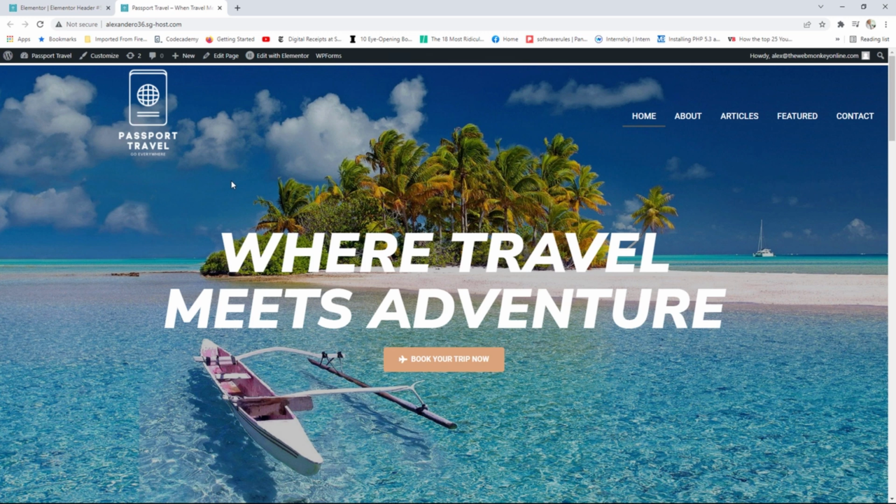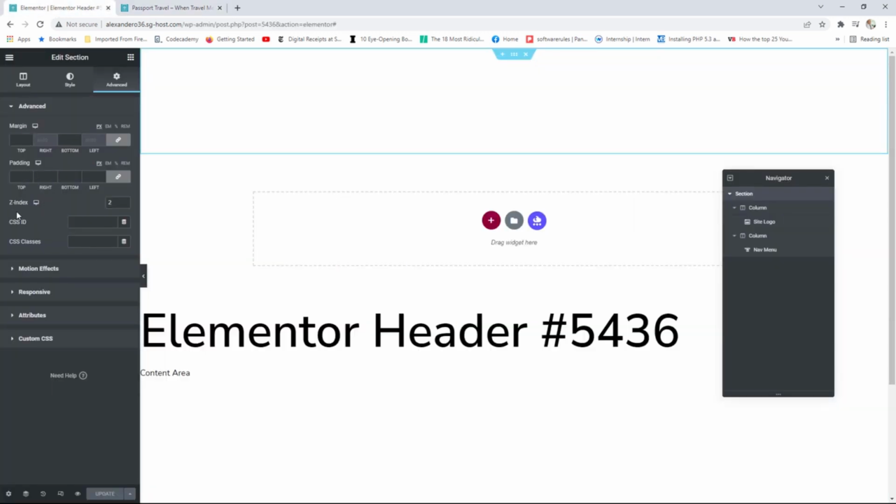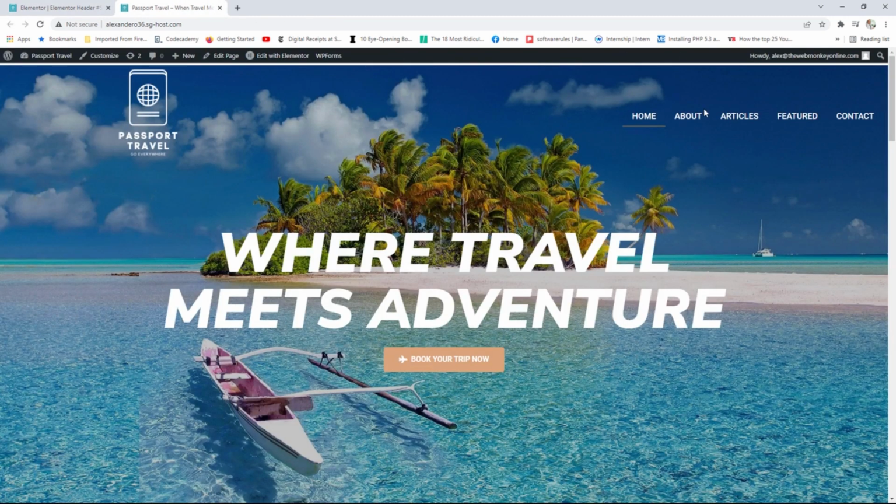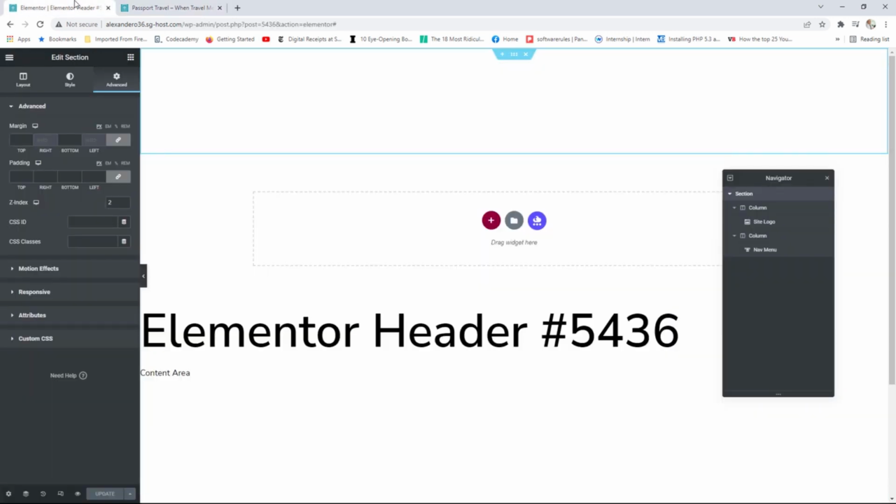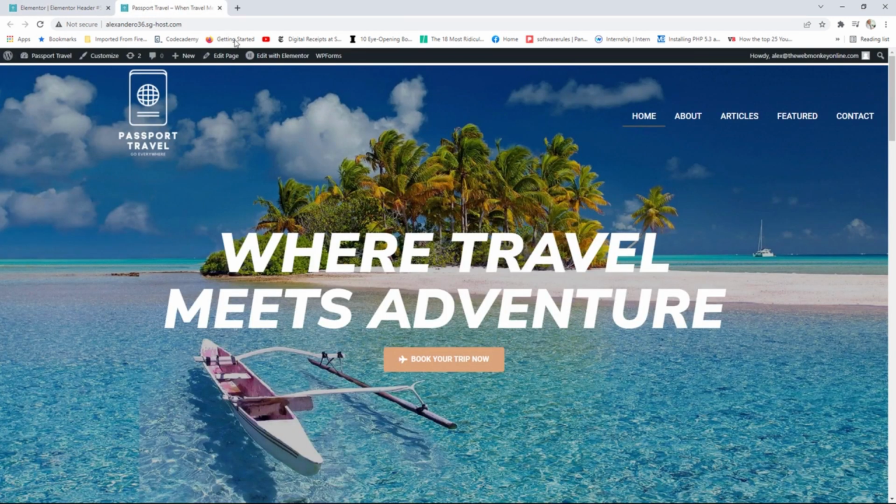But hold on a second, what exactly just happened? See, this Z index value right here, whenever you have one element or one section overlapping another section, you might want to be able to tell Elementor which of those elements you want to show first. Basically, which one do you want to bring in front of the other? In this case right now, we do have the banner image overlapping our header, but we want the header to be in front so we can see the logo and the main menu. As such, you will have to give a higher Z index number to the element that you want to appear in front. Since we've given the header the Z index value of 2,